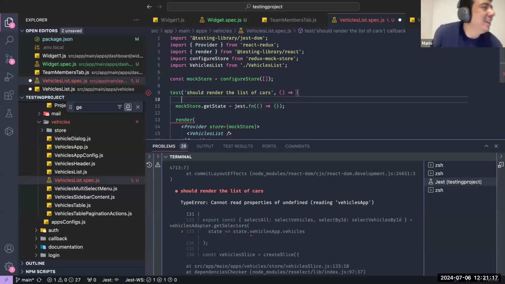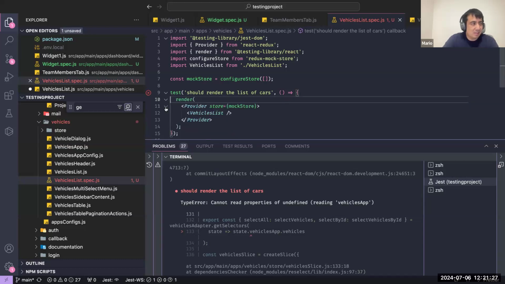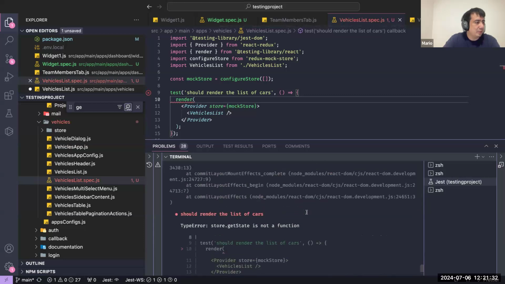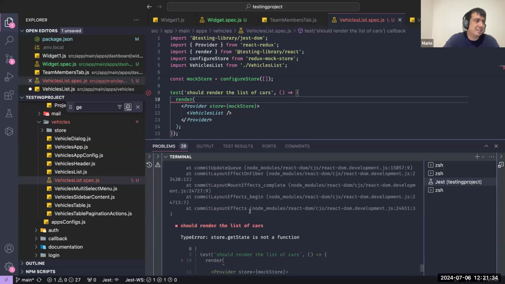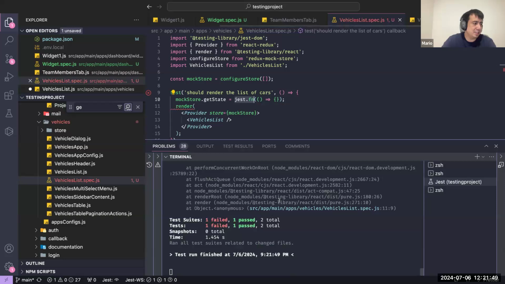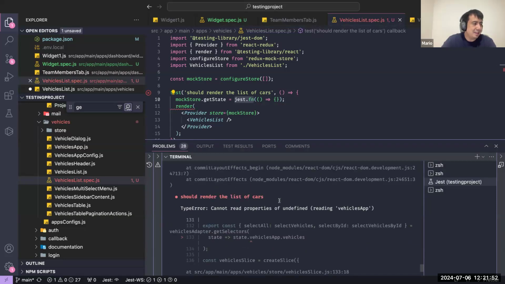That's good. What we are doing here is mocking the store. The store's get state, it will remove it. We say, hey, get state doesn't exist. What I am doing is adding the state to the mock store and passing jest dot function, which is just a mocked function. It's nothing more than what arrives from jest. Now, here it is saying, look,